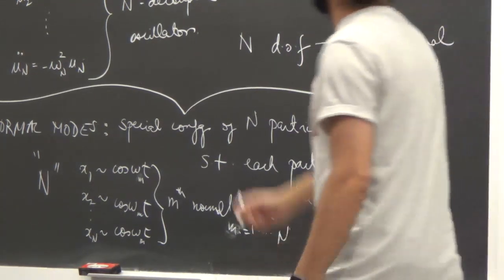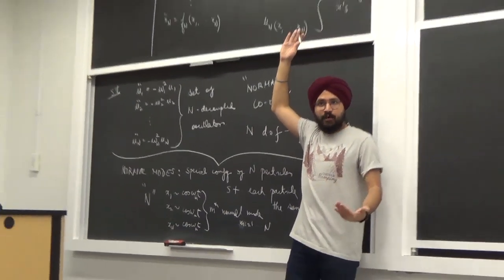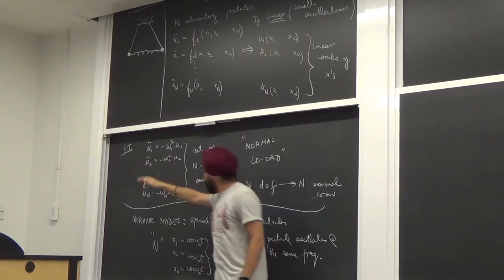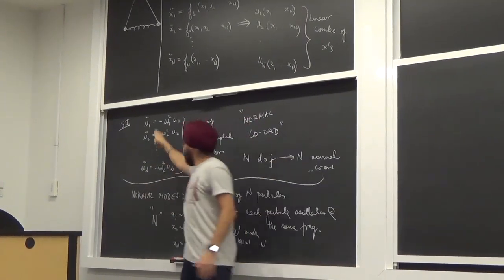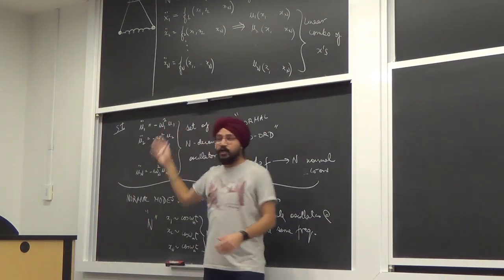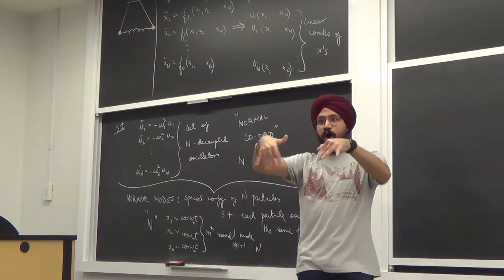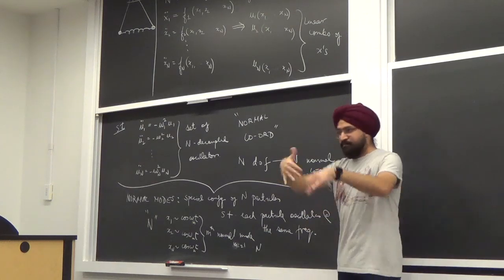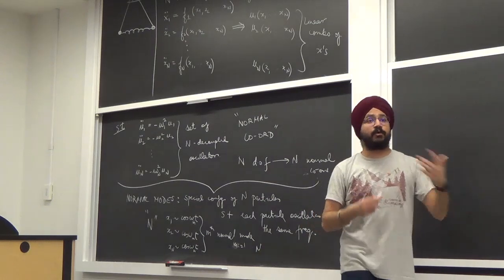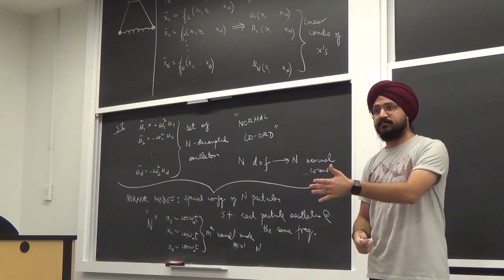And the whole game is to start with the equations of motion, linearize them, small oscillations, find linear combinations of the variables such that those variables decouple. They all look like individual harmonic oscillators just by themselves. They may or may not have physical meaning, but special configurations of my actual particles, for the initial conditions, such that each of them has the same frequency. That's a normal mode. For n particles, there are n normal coordinates, n normal modes. End of story.